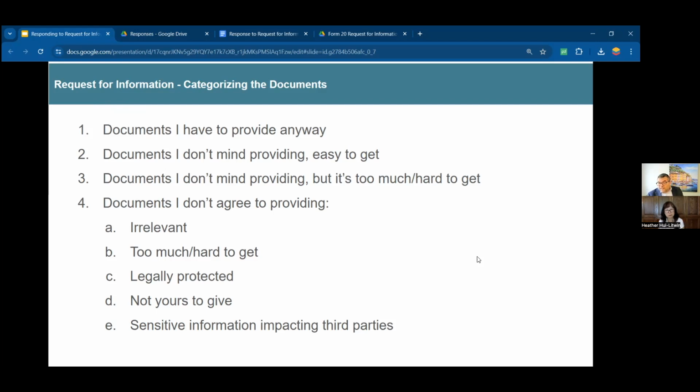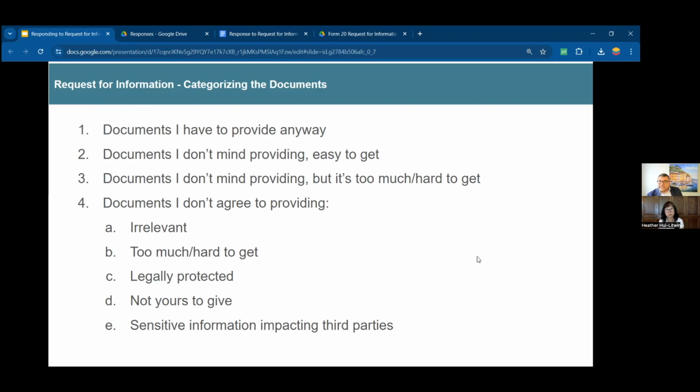So what you're asking for is irrelevant, has nothing to do with the court case or the issues. And you see how 4B is very similar to number 3, but what you're asking for is too hard to get or too much. That alone is a reason to not provide something.